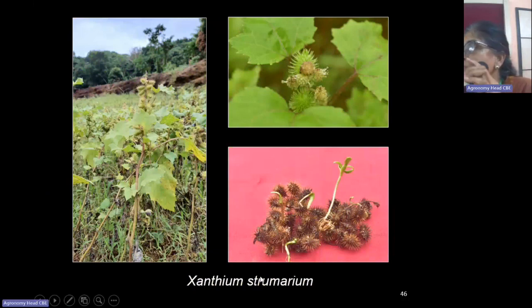This is a typical example of a native plant attaining the status of an invasive species. Xanthium strumarium is not an alien. It is our own weed. It's an indigenous species, and it's also a medicinal plant. And this